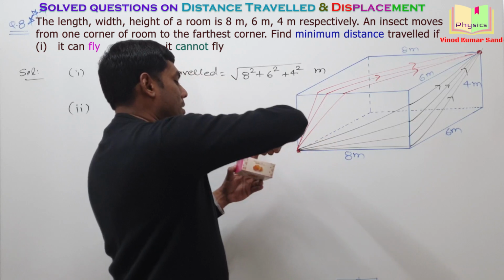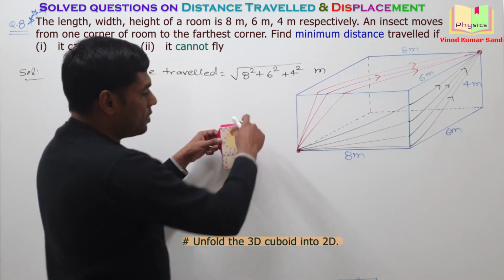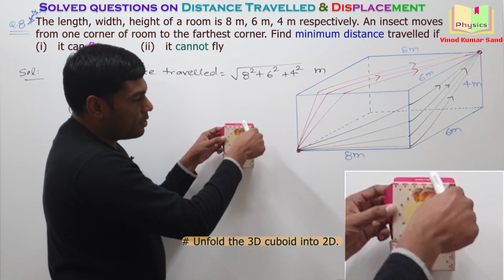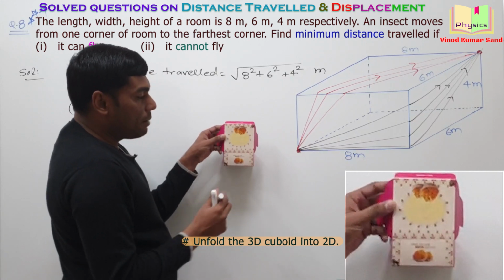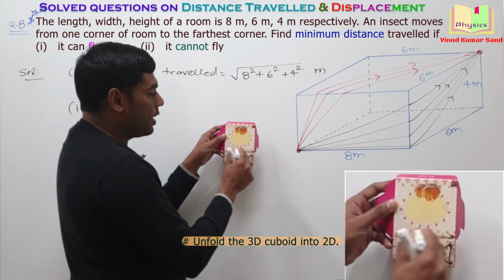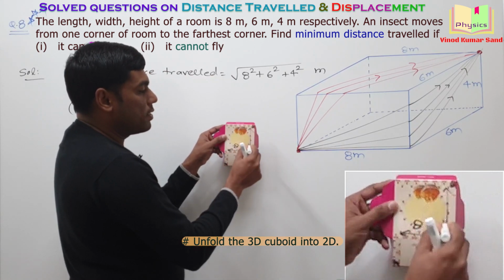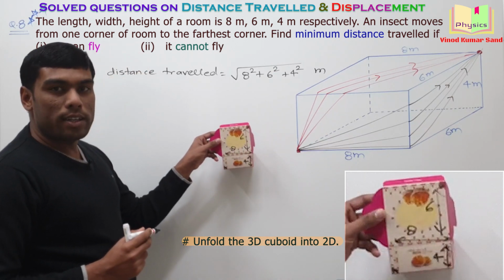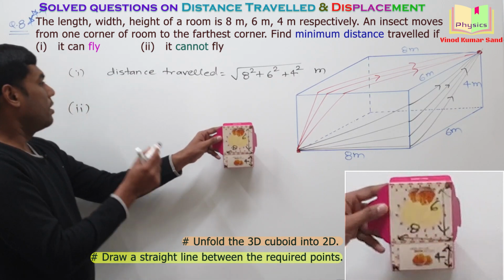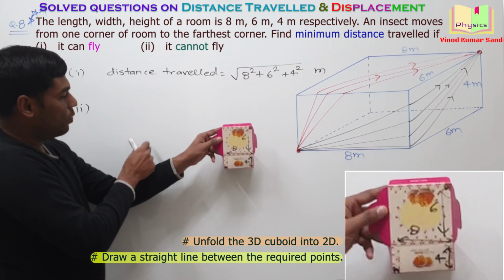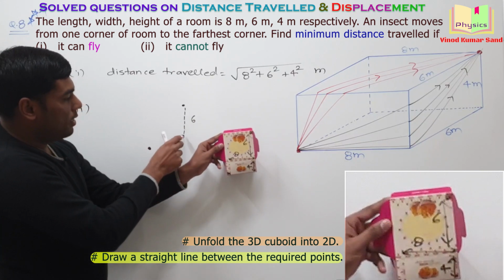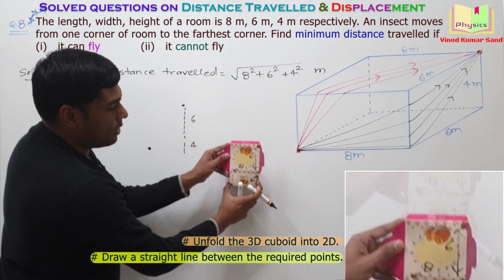How can that be done? Let us see it here. Suppose this was the point of interest, as well as this was our point of interest. Okay. And the dimensions are known to us. The height was 4. This length was 8. And this was 6. Do you remember? Then how will the diagram look if you want to connect these 2 points straight? Think about it. For the second part, the diagram will look like this. This is one point. This is another point. This height here is 6. And then this is 4. I hope you can see things clearly.